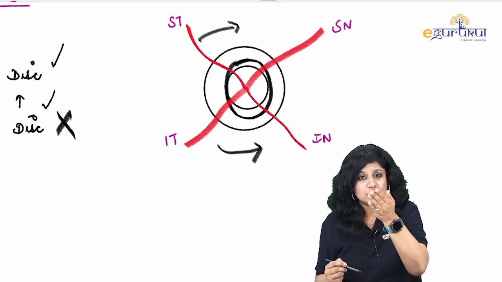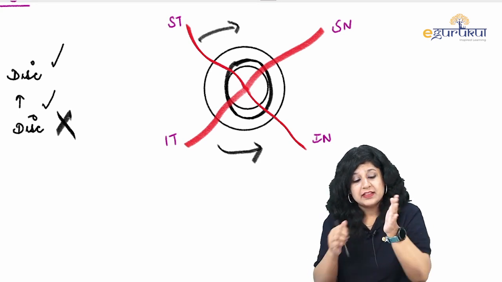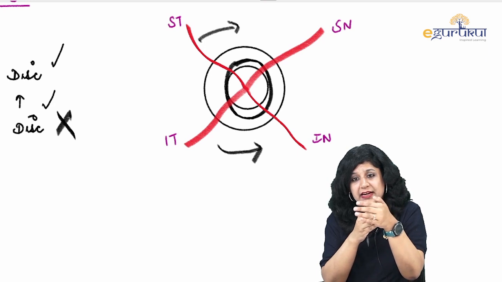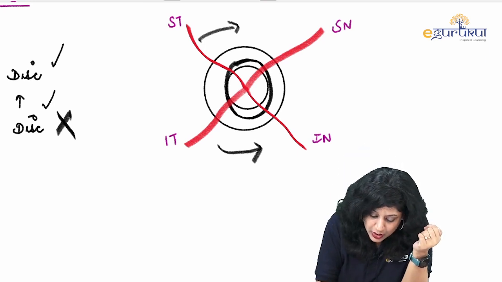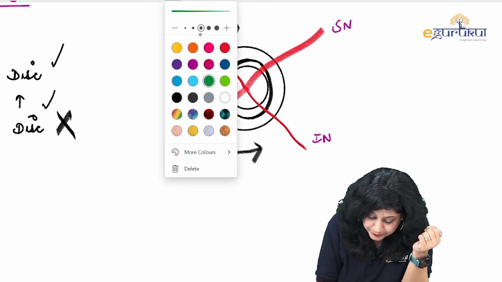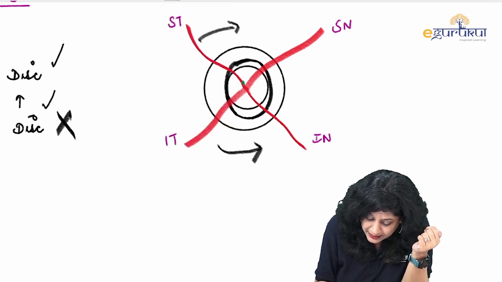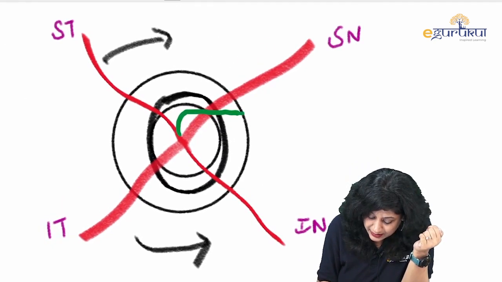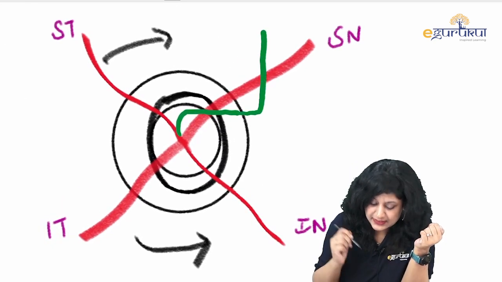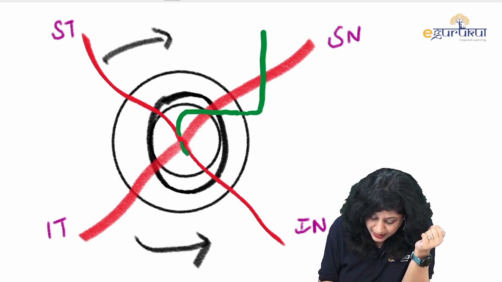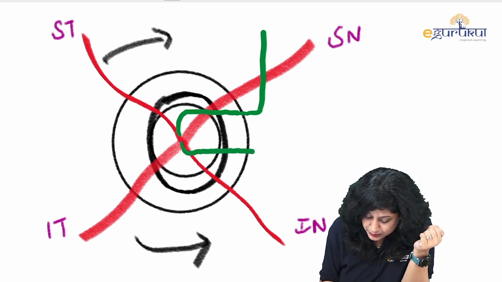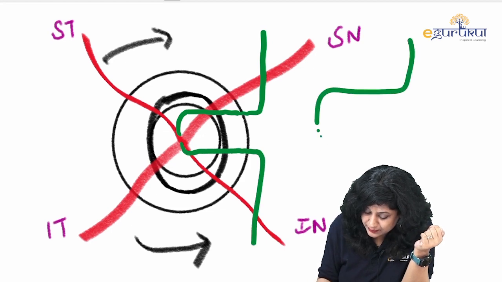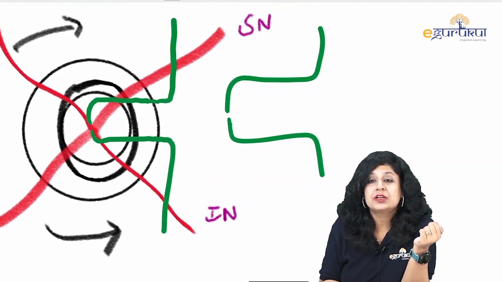When they are moving towards the nasal side, they are bending. They are taking a bend from the temporal side and going towards the nasal side. So how are they doing it? If you see, they are bending, going backward, moving on the optic disc surface. Can you see this? They are again coming out and bending towards the nasal side. Here also they are going back, moving on the surface of the optic disc on the posterior side, coming out and bending. So it is something like this. Can you see? So you have got double bending.